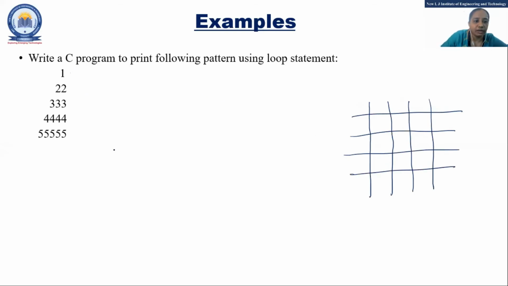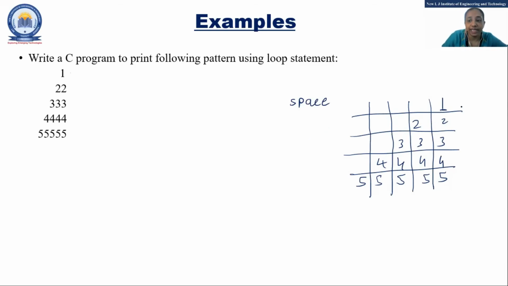Now you can see 1. I'll start from this 5 5 5, this is important: 5 5 5 5 5, 4 4 4 4, 3 3 3, 2 2 and 1. This I want to print, and I have set it into a matrix. You can see that 1 is printed, but after some space. So you need to count how many spaces. I have to take another variable for the space. Clear what I am telling you?